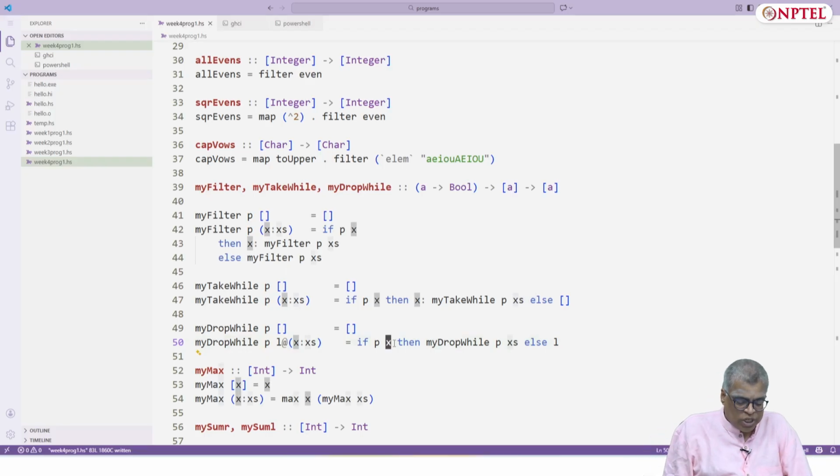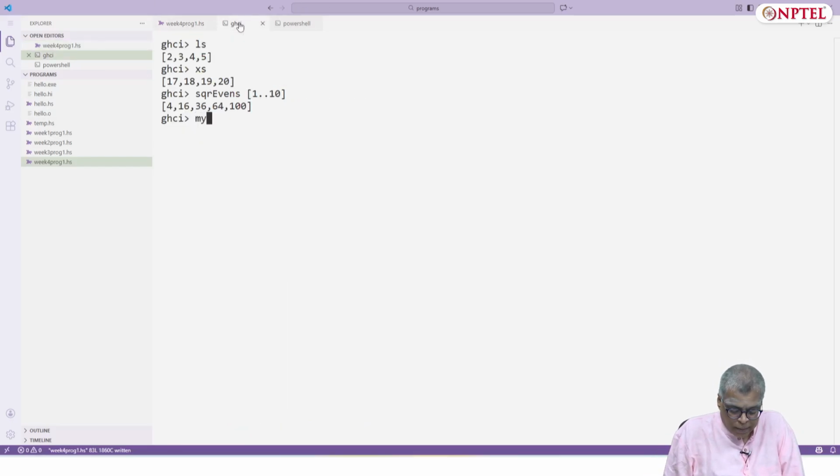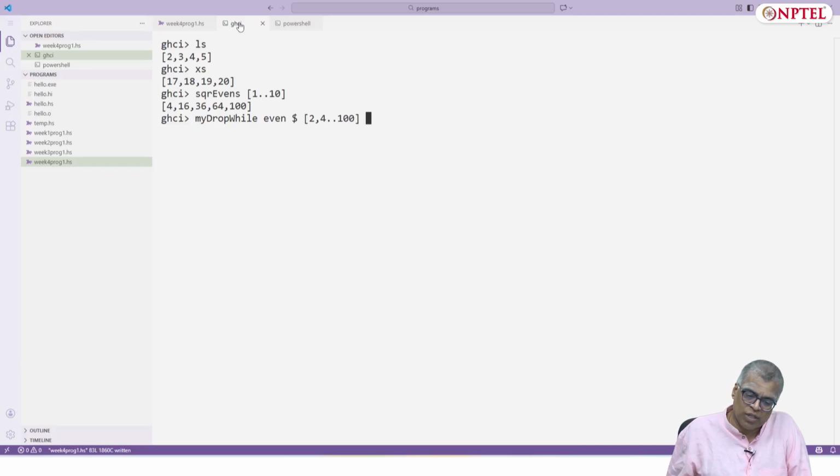Okay. So let's check whether my drop while works. Let's check it on some value. My drop while even, let's say, and then I want to do 2 4 dot dot 100 plus plus, here we will also use dollar. See, there are various times when you have to do this plus plus, and this 2 4 dot dot 100 plus plus some other list is the whole argument.